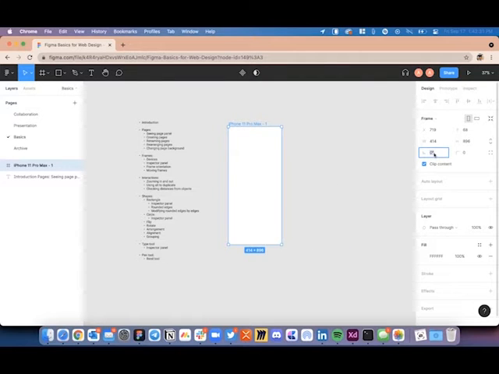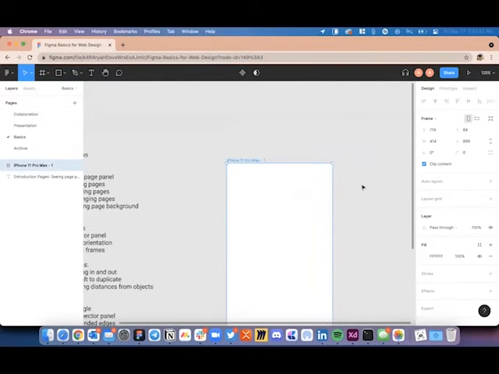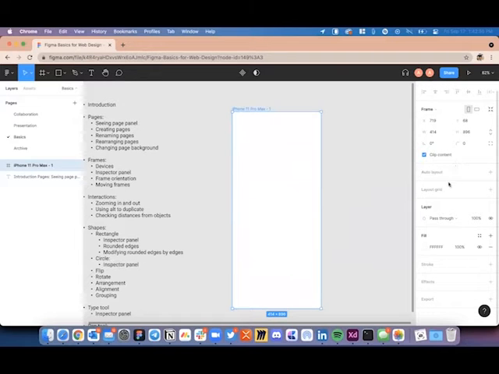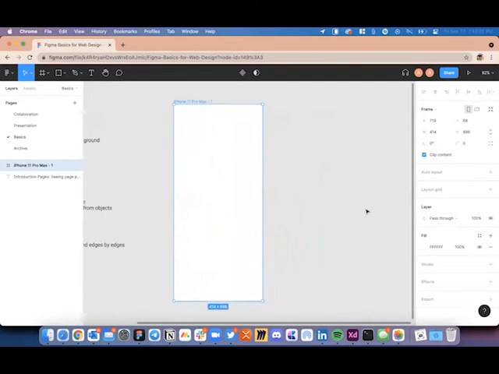And then there are some basic customizations, like you can set an angle to a frame, or you can also add a curved radius to a frame. If you want to be really realistic about your designs and you are designing for something like an iPhone, which has a curved display, you want to make sure that there's no content on your design which is spilling out of the curved edges. So you can find all these properties on the right side in the inspector panel. And there are some advanced properties as well, which we won't be covering in today's event, like clip content or auto layout or layout grids, which we'll be covering in a future event as part of Figma advanced session.